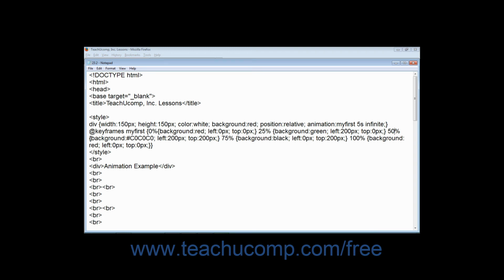50%, background set to gray, left position of 200 pixels and a top position of 200 pixels. So we'll stay 200 pixels to the right but drop down 200 pixels from the top of the browser, and then the closed curly brackets. 75%, background changes to black, left 0 pixels and top 200 pixels, so we now slide back to the left of the browser window, staying in the same vertical position, close curly brackets, and 100%, which is the end of